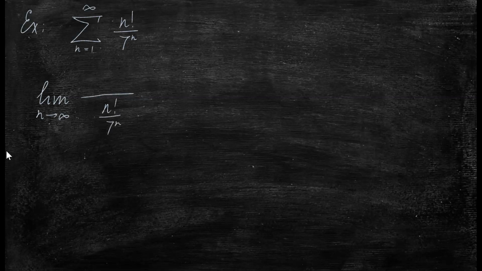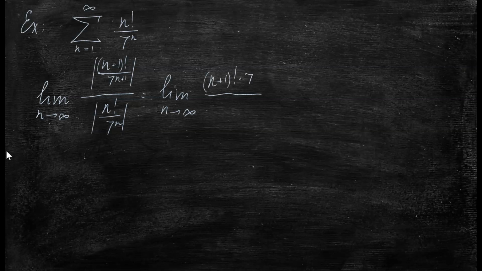The nth term is in the denominator, n plus 1th term is in the numerator. Since everything is positive, we don't need the absolute values, and we can rewrite this whole thing as a single fraction. n plus 1 factorial times 7 to the power n divided by n factorial times 7 to the power